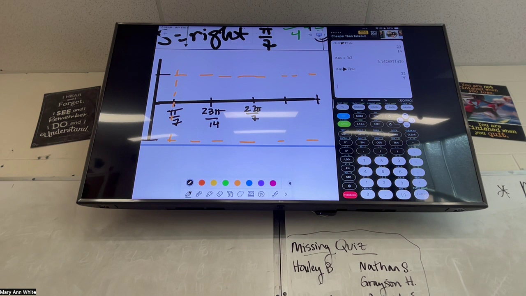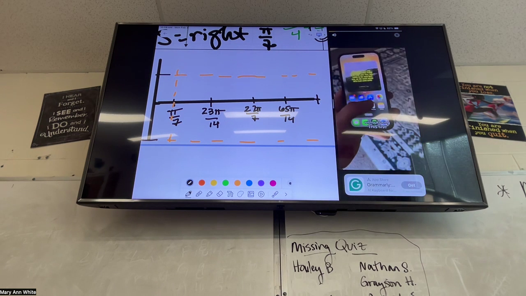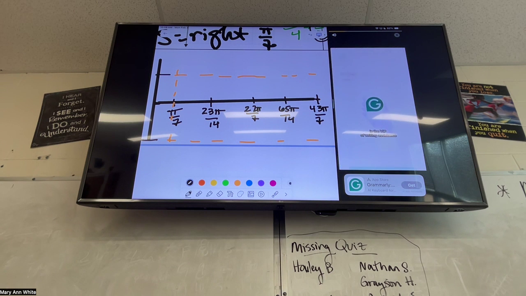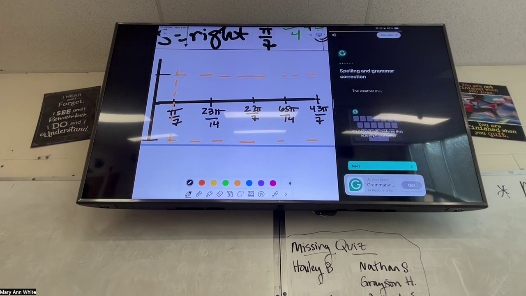Everybody hanging with me so far? I still have 2 more tick marks. We're going to add 3/2 2 more times. The next time it gets me 65 pi over 14. And then finally I get, oh, but I get mad. 43 pi over 2. And now that we have our 5 little marks,